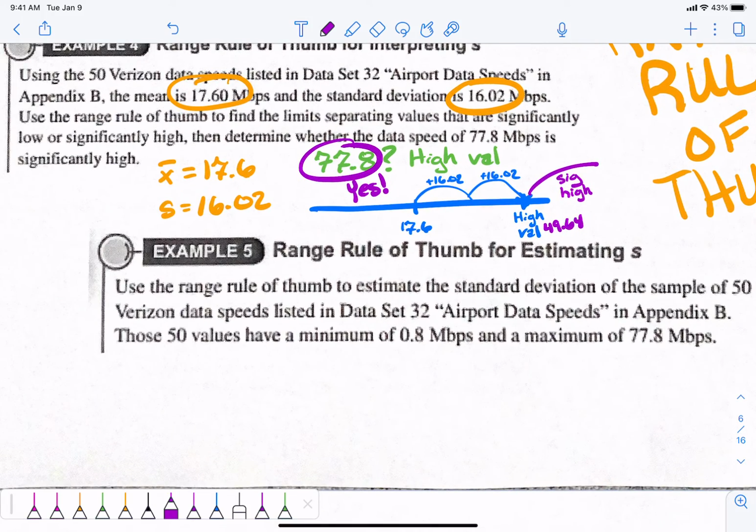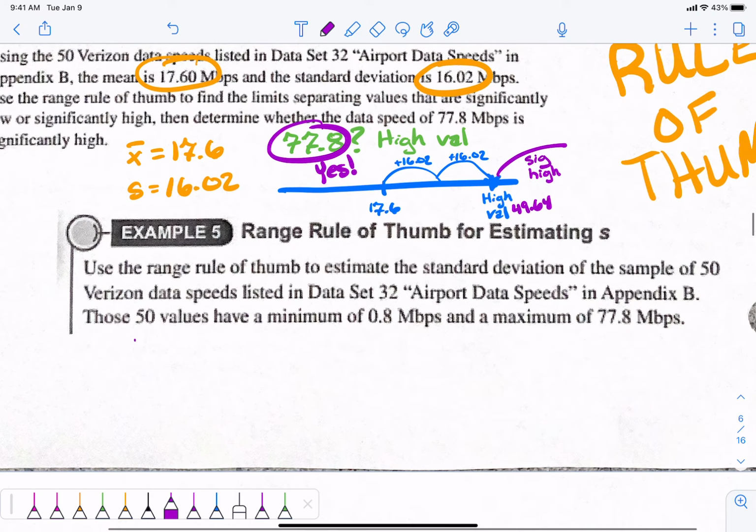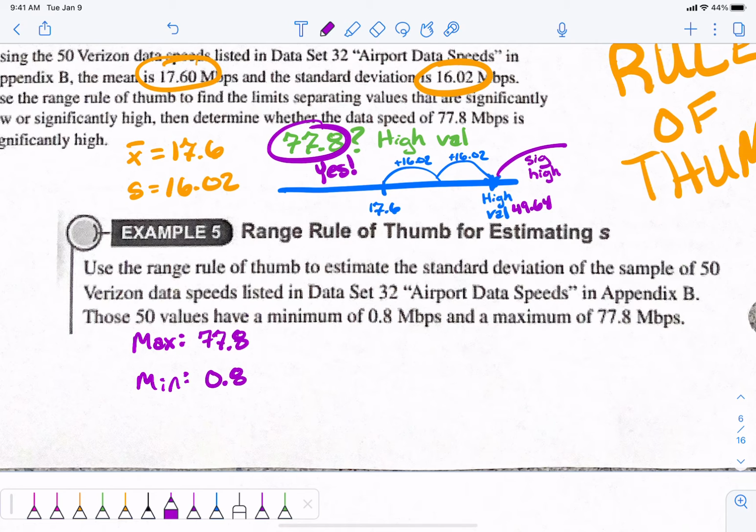So, use the range rule of thumb for estimating standard deviation of a sample of 50 data speeds. They say that there is a maximum number of 77.8 and a minimum data speed of 0.8. I think the 0.8 is whatever airport that I'm in because it's always crappy. That number follows me around, I guess. Max, min,